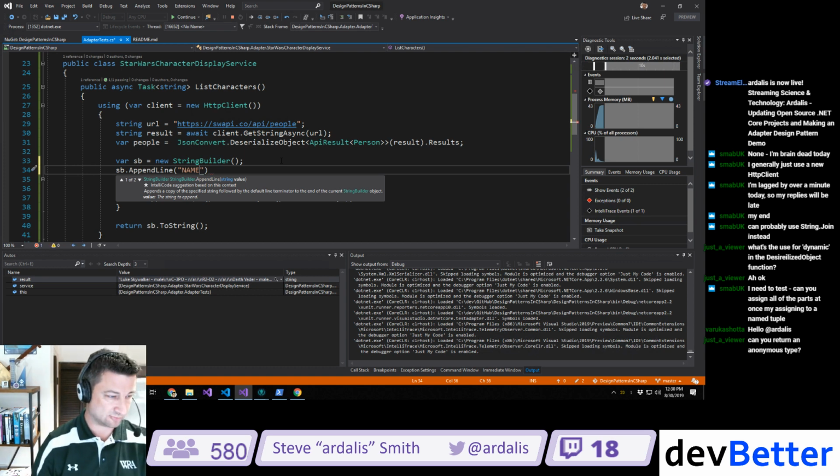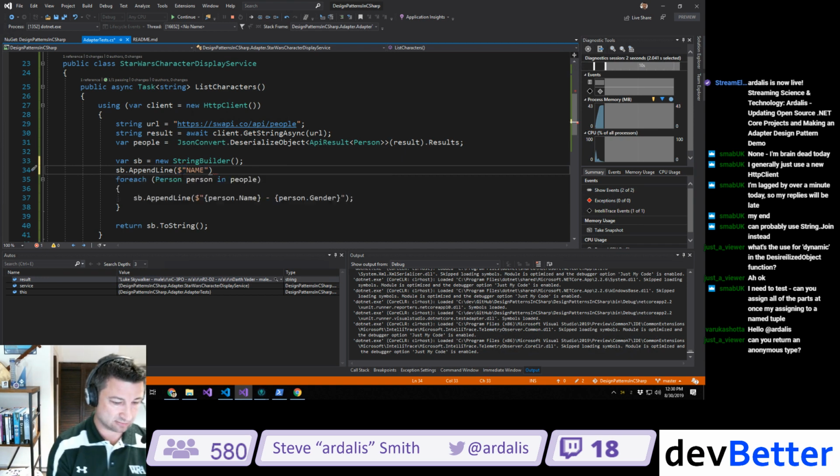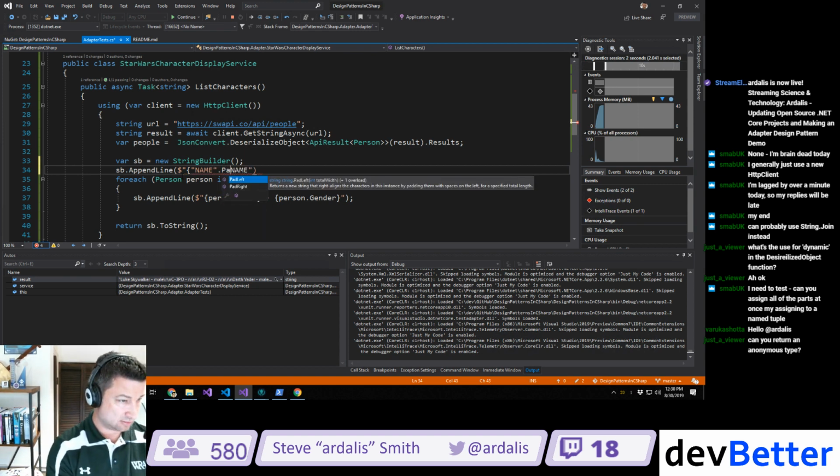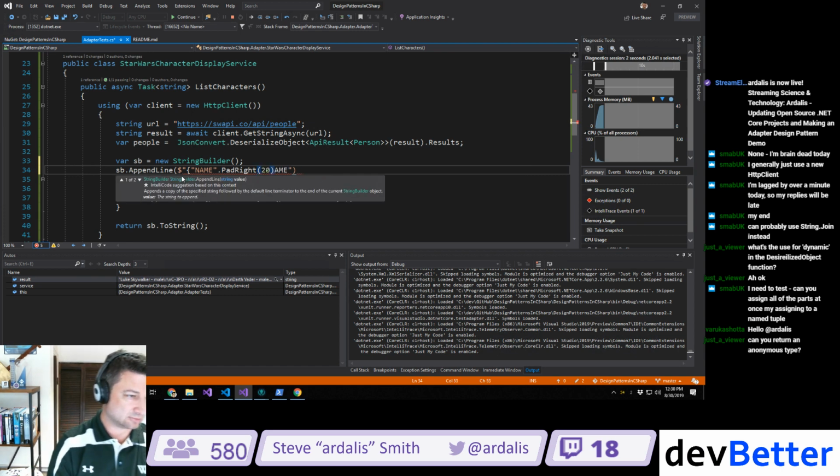There's a way to do a string format on this that'll be nicer. So let's do this, and there's a way to pad this. Name dot pad, total width pad right. We'll say 20, right? And do this space, and then we'll just do